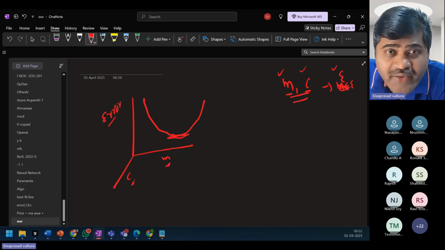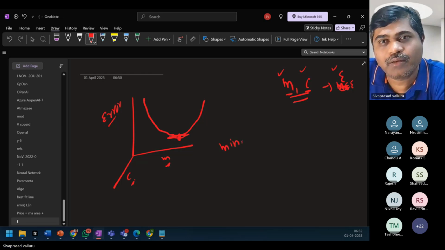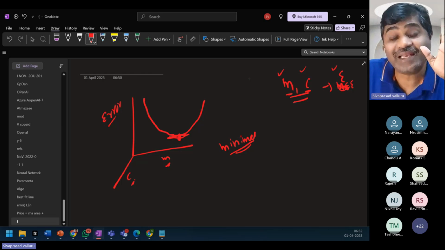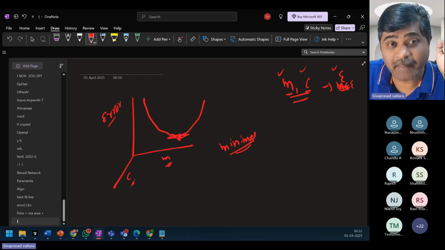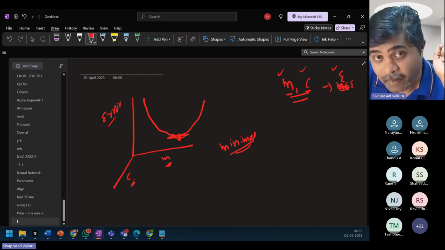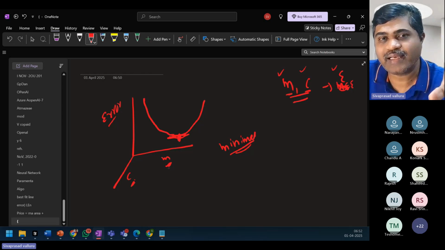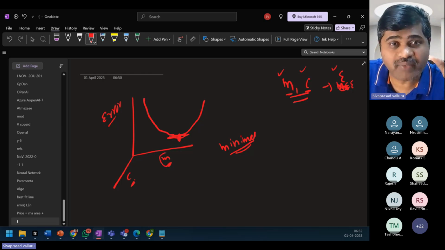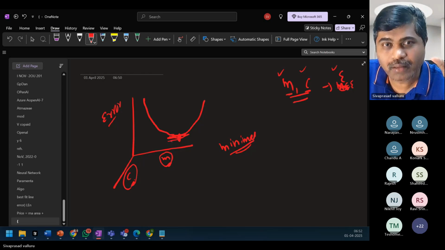So we have to identify the point where the error is minimal. We have to write an algorithm which will adjust the values of M and C such that once it finds the minimum point in the graph, it will stop and tell us that at this particular value of M and C, we got a minimal error.